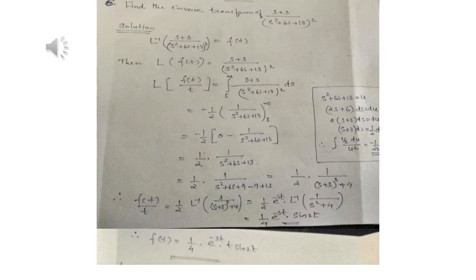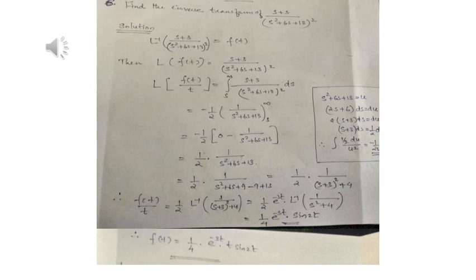So when we think about a square plus 2ab plus b square, here b should be 3. So b square will be 9. So add a 9, subtract a 9. So it is 1 by s square plus 6s plus 9 minus 9 plus 13. So minus 9 plus 13 is 4. That is okay. So that is 1 by 2 into 1 by s plus 3 the whole square plus 4.